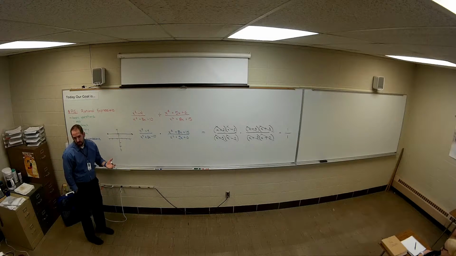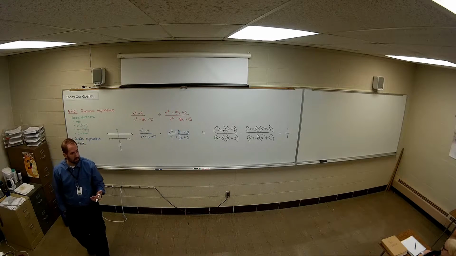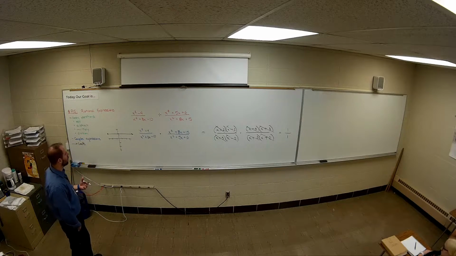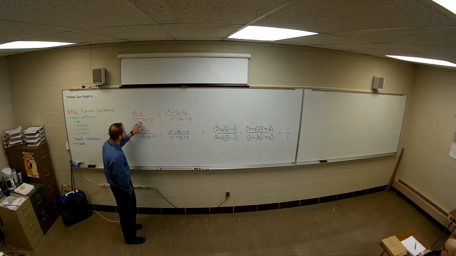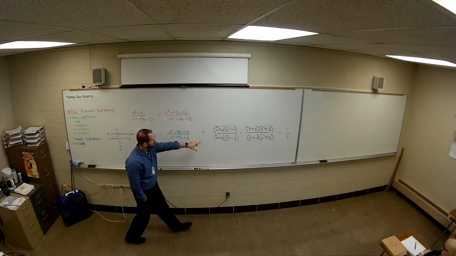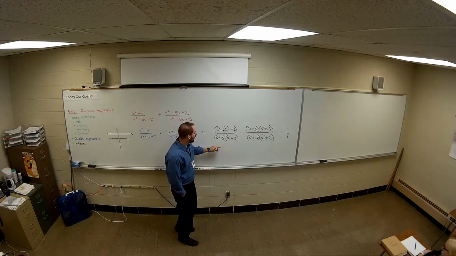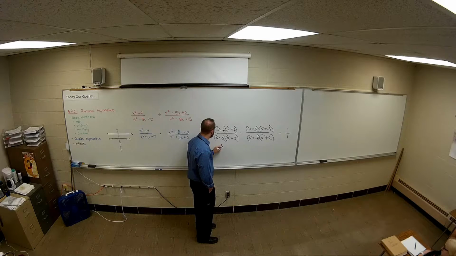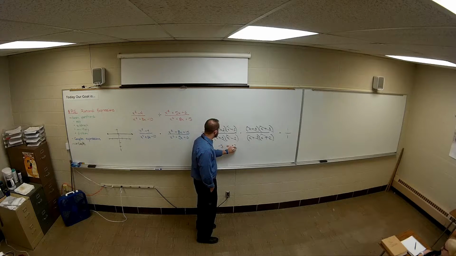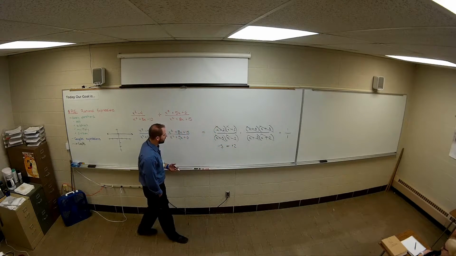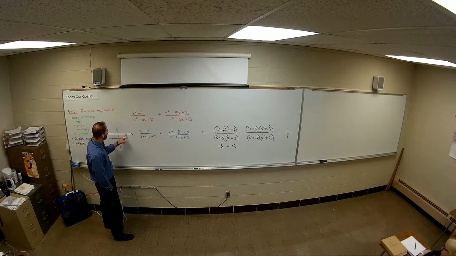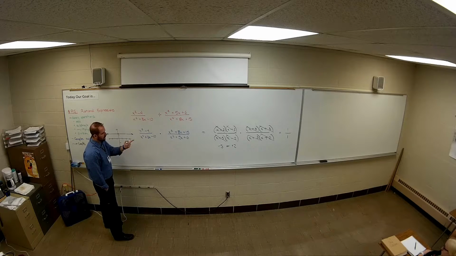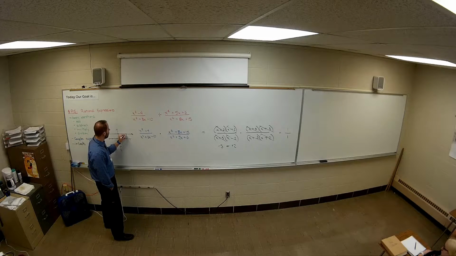But there'd be exceptions. There are holes in this graph that you may not notice, but there is a hole. Some of the original holes in the original problem. When we factor this apart, this is what? Plus 5, minus 2 down here. That's the parentheses on the bottom. Those are exceptions. I cannot use a negative 5 or a positive 2 in that original fraction. Those are numbers I can't use. So I know right here at positive 2 for the x, there's going to be a little hole there, even though it was removable. It went away eventually, but there's still a hole here.